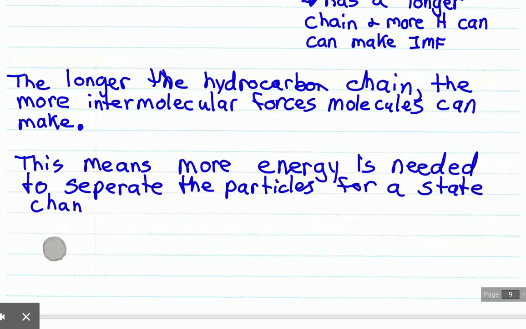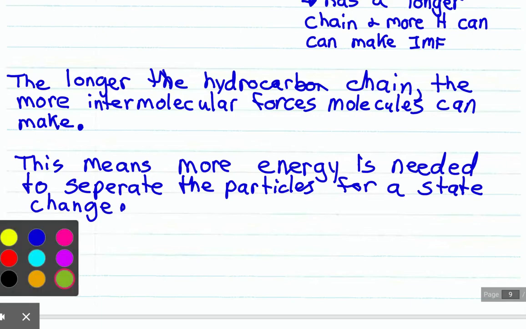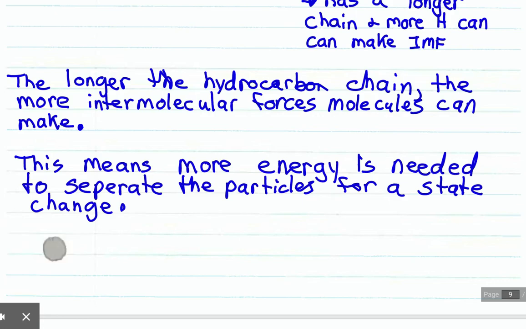So to change our state, right, into solid, liquid, or gas. So to answer our question that we asked at the very beginning, why is methane a gas and butane is a liquid? It's because methane